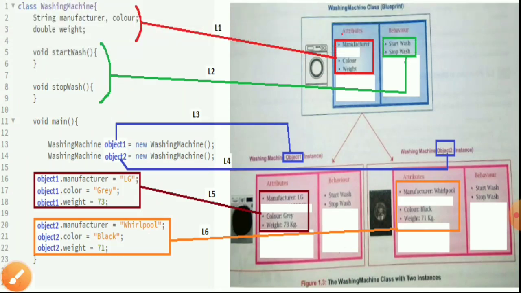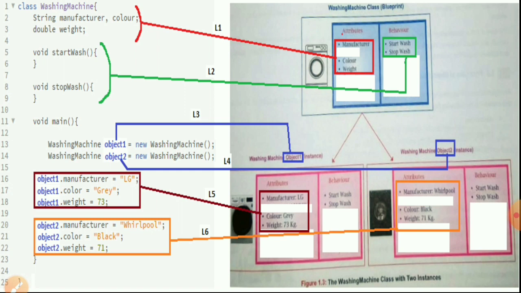Next, notice the green line. The green line is representing the behavior. We have got two behaviors of the washing machine: start wash and stop wash. So I've created the function in line number 5. It is void start wash, and similarly line number 8 has void stop wash.